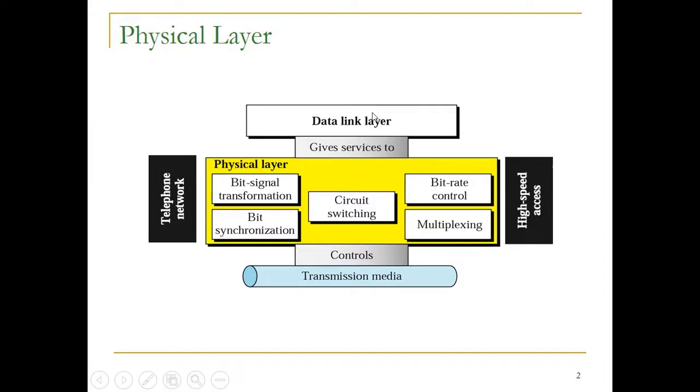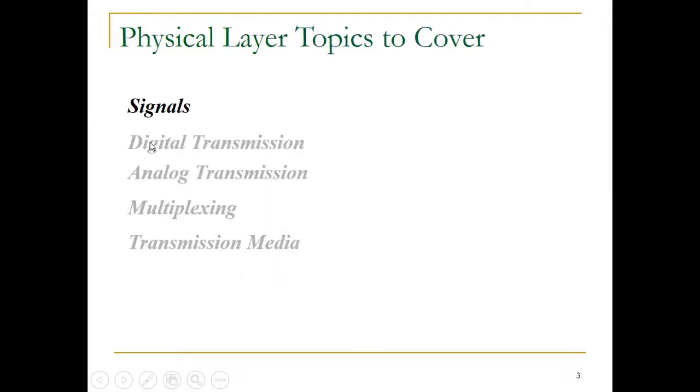Okay, so we started with signals, and now we're going to go through digital transmission and analog transmission. So obviously, in signaling, these are some of the key things that you'd be looking at: digital transmission, analog transmission, multiplexing, and then obviously the transmission medium that's helping with the carrying of these signals from a source node to a destination node. Okay,